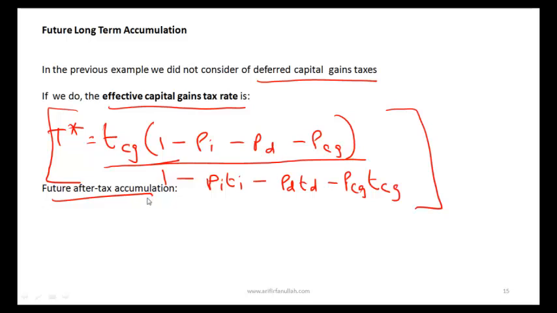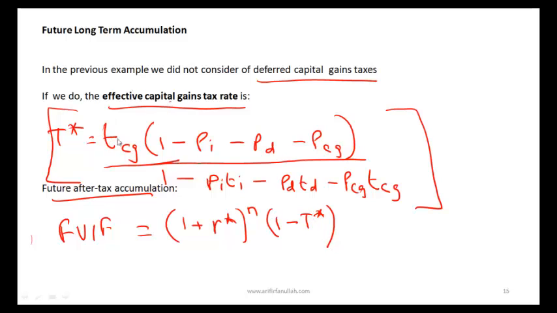Then future after-tax accumulation. This one you need to memorize, but it will be a lot like what you've seen before. So this is the future value interest factor given this effective tax rate. This is equal to 1 plus R star. What's the R star? This is the effective realized return or gain. We have this to the power of n, and then you multiply by 1 minus T star, which is your effective